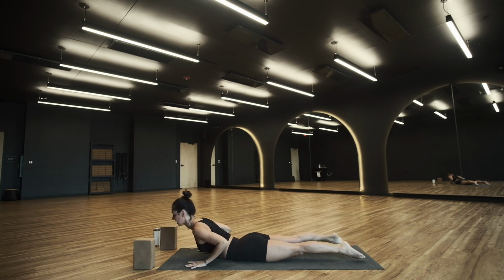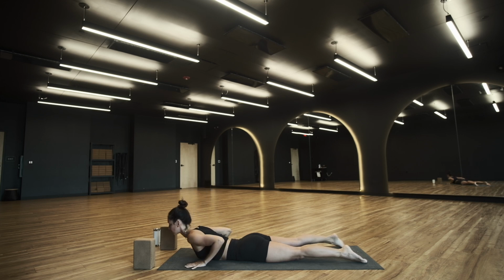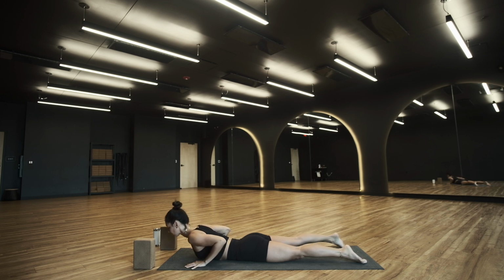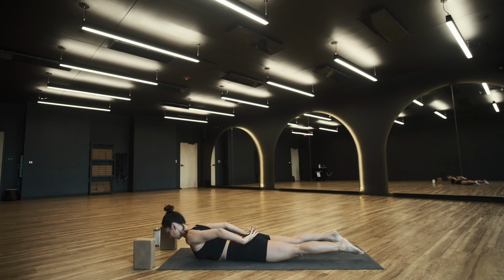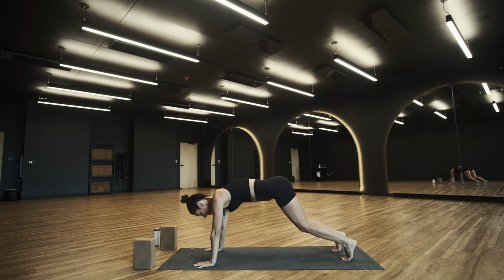Get really light in the hands, lift the chest. Exhale to lower. Again, inhale, lift the chest. Exhale to lower. Locust. Clasp the hands behind the back or just reach behind you. And then inhale, lift the chest, float the feet. Stay for a breath in. Exhale to lower. Hands by the ribs, tuck the toes, press up into a plank position, and then exhale to